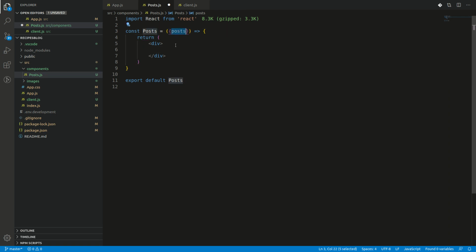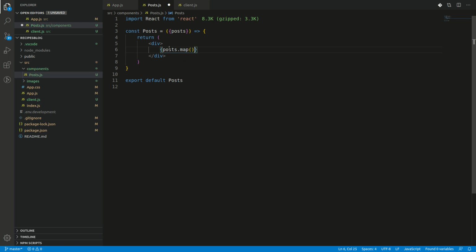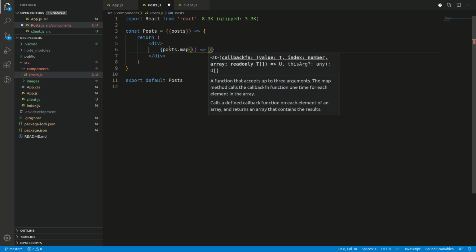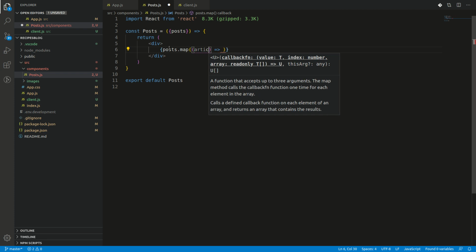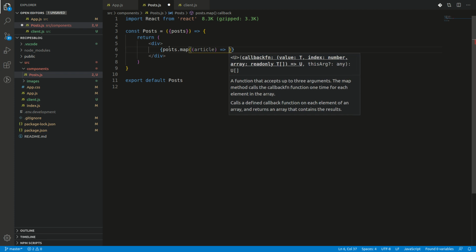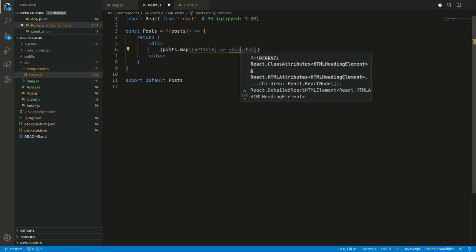And since this prop posts is going to be an array, I'm going to loop over the array using the map method. I'm going to say posts.map, and inside the map method I'm going to pass an arrow function, and for each and every post, let's call it article. For each and every article I want to display something. So let's say I want to display something called post,